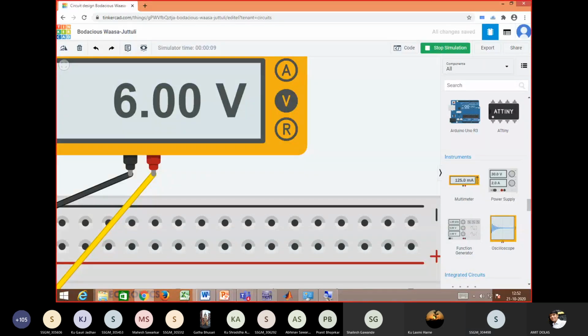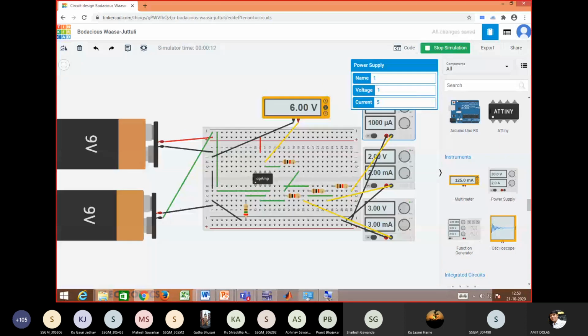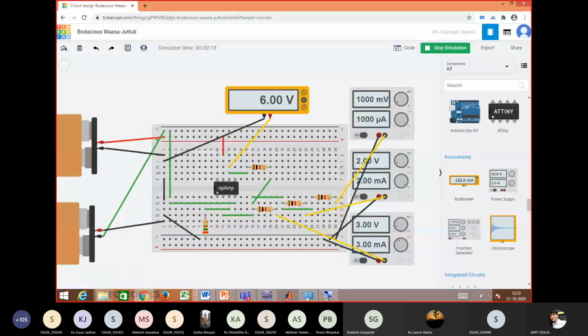Yes sir. Okay, so directly we cannot give -1, -2 values into the power supply here. So what I did instead: the positive terminal of the power supply, this one is negative and this one is positive, I grounded the positive terminal, and the negative terminal of the power supply I connected to V1, V2 and V3. You can see this negative terminal is connected to V1, this negative terminal of V2 is connected to source V2 resistance, and this V3 negative terminal is connected to source V3 resistance. So I have interchanged these two terminals.